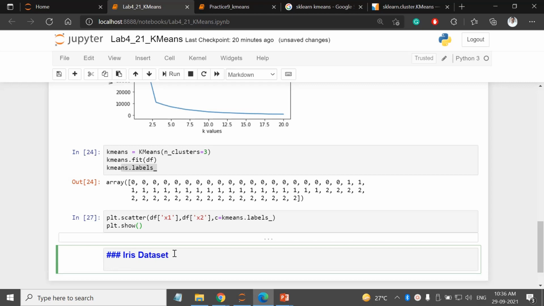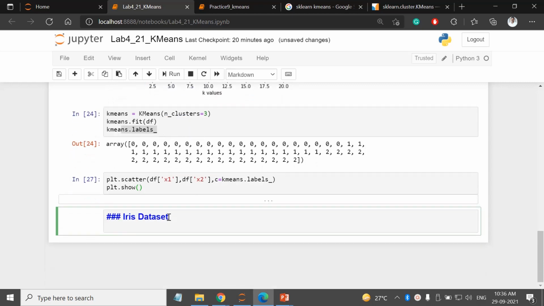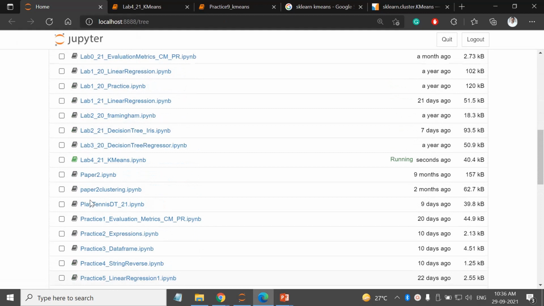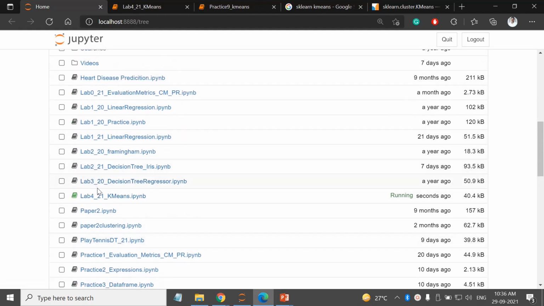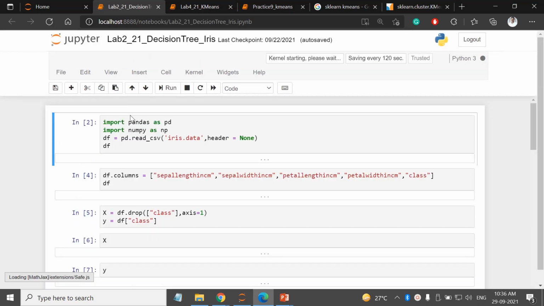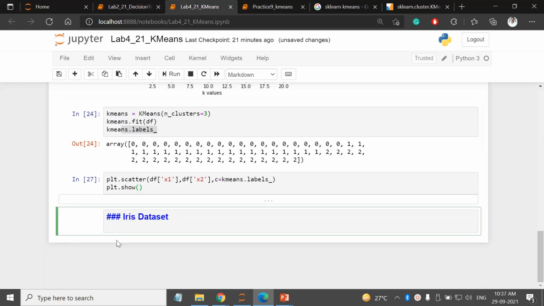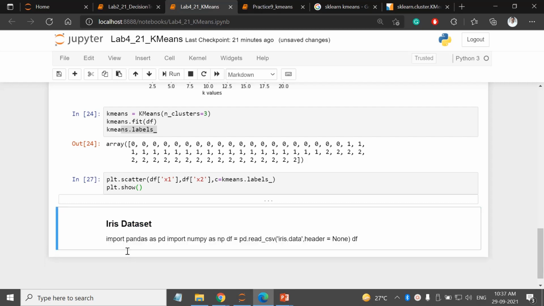It is the simplest data set, and you can use a different data set for your implementation. I have that code. In the previous lab we also used the iris data set for the decision tree, so I'm using some part of that. It is there in my directory, iris.data. So import that. Let us run this. Oh, sorry.